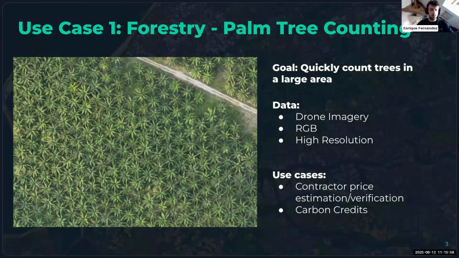So you're a small farmer, you want to submit your paperwork for these carbon credits, and you have a large terrain where you want to count the number of trees, but these trees might be tens of thousands. So it's not feasible to do this manually, or at least it would take a very long time. Now, we can fly a drone over your terrain and take some pictures, and then you can use GeoAI to solve this quite quickly, in a matter of minutes. So I'm going to show you how I would solve this use case using GeoAI if I was that farmer who is just interested in counting the number of palm trees in their terrain.